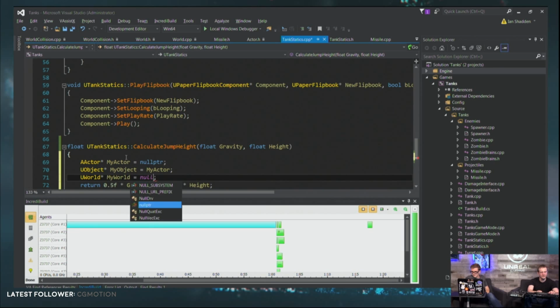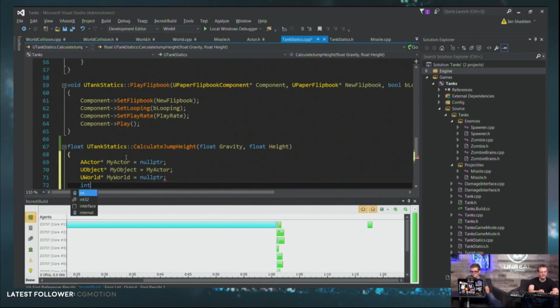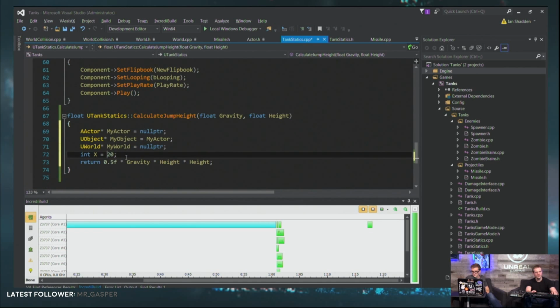If I say int x equals 20, that's an actual int. Within this function, int32 we'll say, 4 bytes of memory are being temporarily allocated to store this value 20, and then we can do stuff with it.